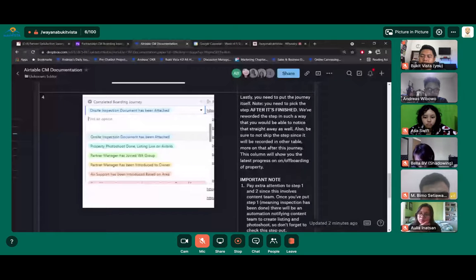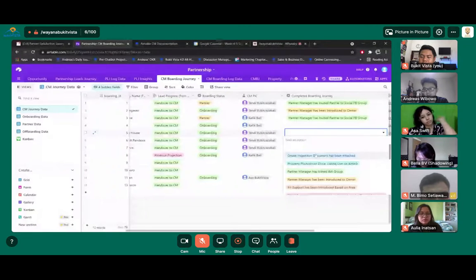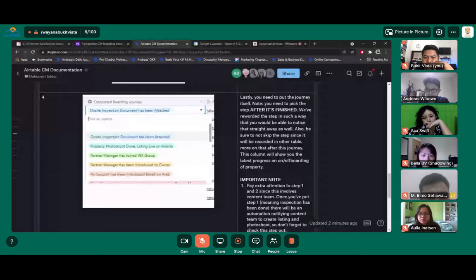For example, in the first step, on-site inspection document has been attached. What that means is you can only click on this step once you have finished the on-site inspection document and it has already been attached to the property details. More on that later.